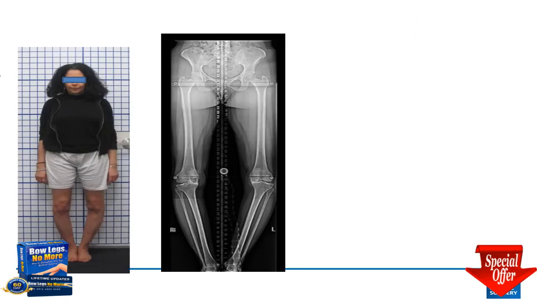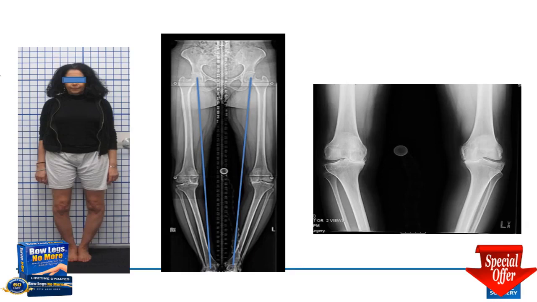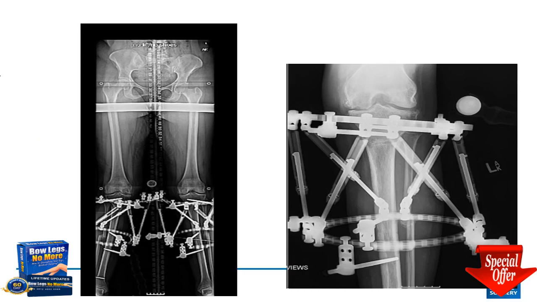Now let's go back to this example of this older woman who has this severe bilateral bow leg deformity, large mechanical axis deviations, and overload of the inside part of the knee, and she's developed progressive arthritis on the inside part of the knee. We used circular external fixators as an alternative treatment to joint replacement, and with gradual corrections of the